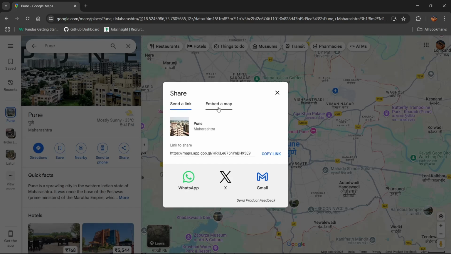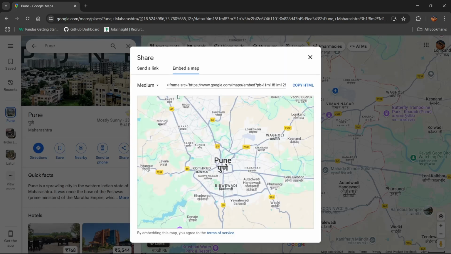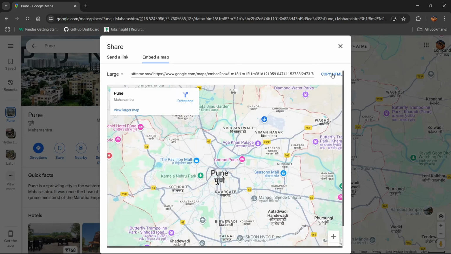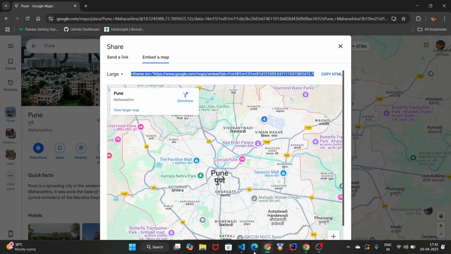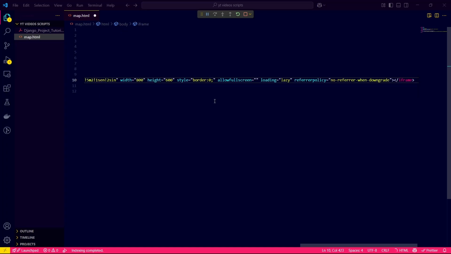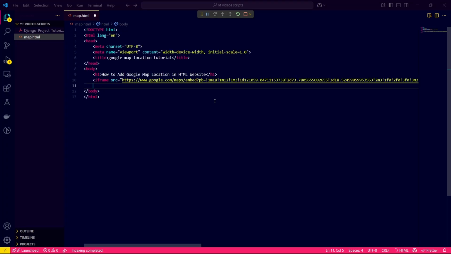Click on it and just click on the embed a map tab and just choose the size of map you want to display in your website. I will select large size and copy this iframe tag and paste it in your code and just save it and let's run this